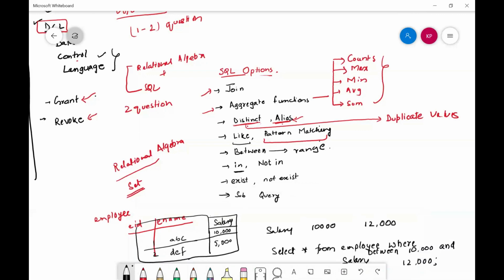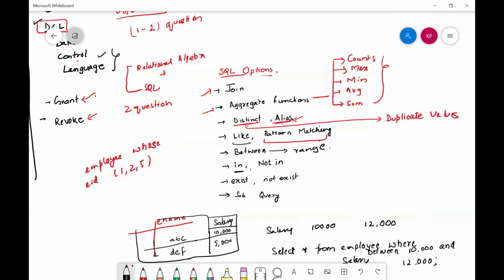We need to select the employees whose EID is 1, 2 and 5. For this we will use the in command.